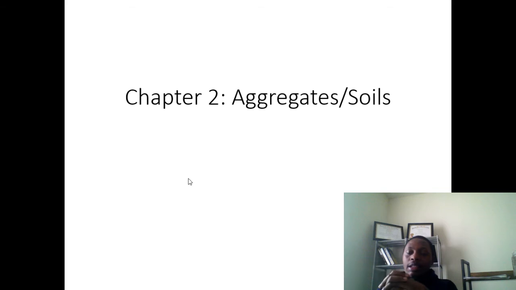So we again then looked at the aggregates, and I combined the aggregates with the soils. If you look at your text, it emphasizes aggregates more than the soils, but you need to review both the aggregates and the soils. For the soils, I have my lecture notes up on Blackboard. Even for the aggregates, there are materials on Blackboard. They're the same thing, because soils and aggregates are sourced from rocks.